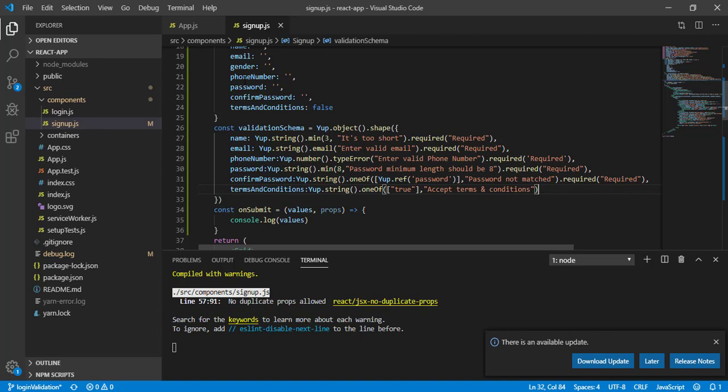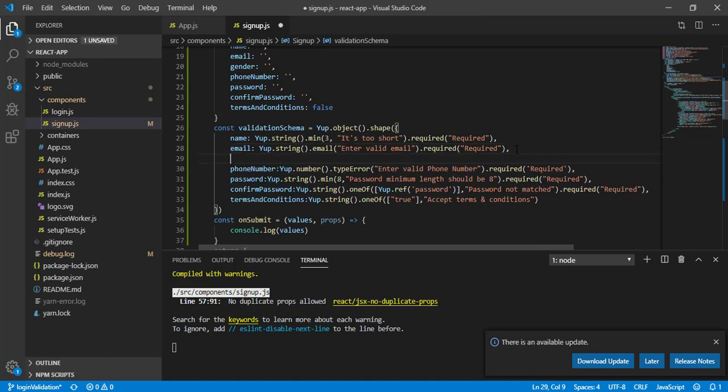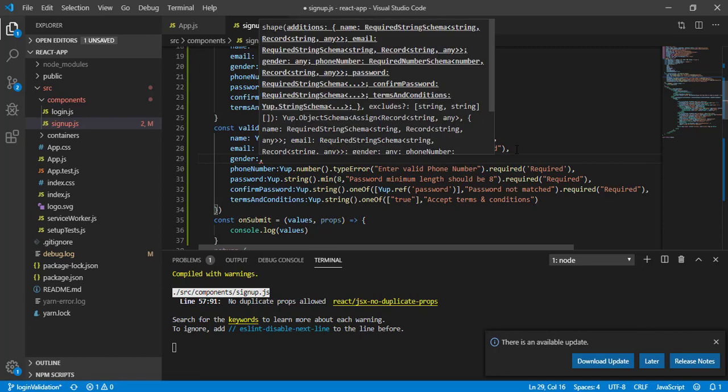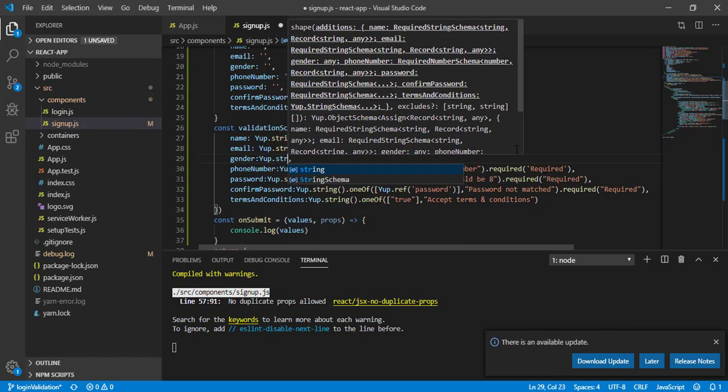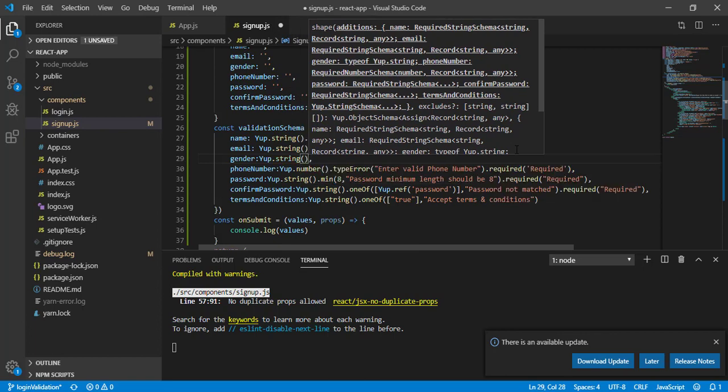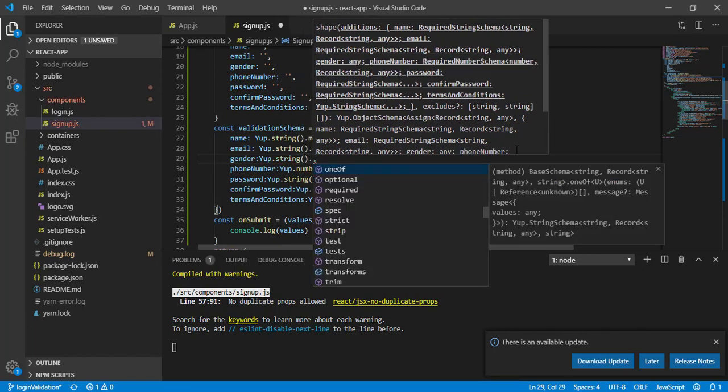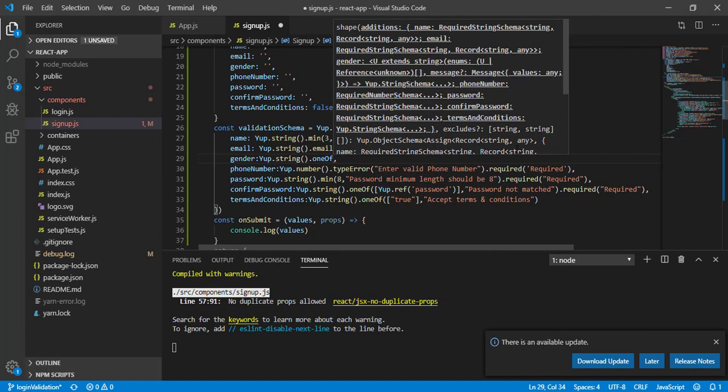Now let's come to gender. After email, let's break the line and add gender. Now I will write yup.string, and here also I am going to use oneOf.